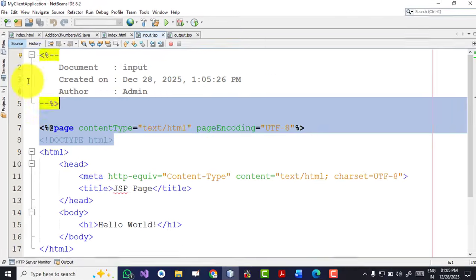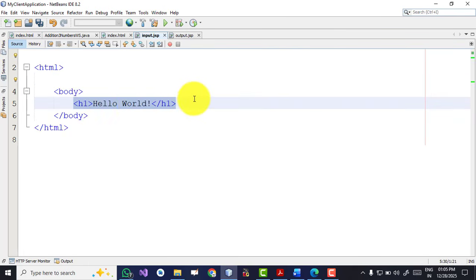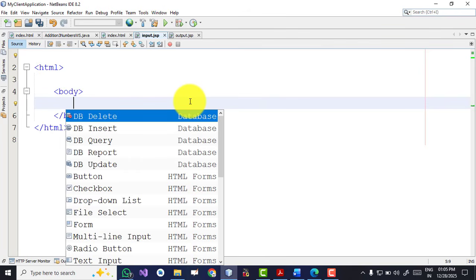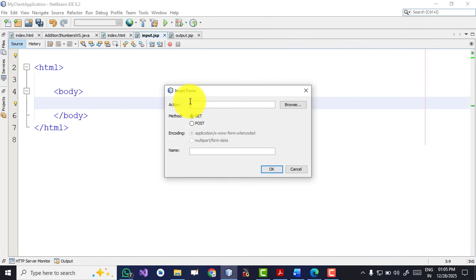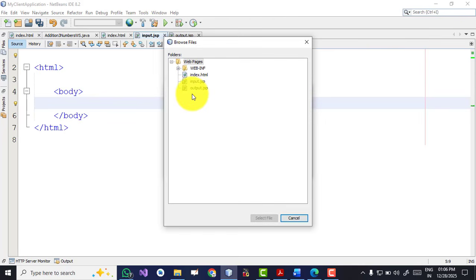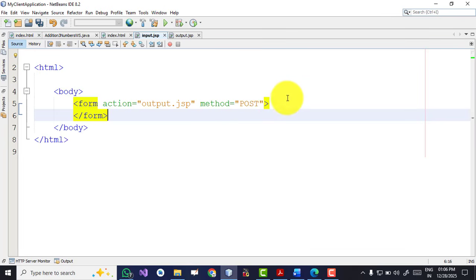Okay, these are the optional tags, just delete. This head tag is also optional, just delete it. Okay, now Ctrl+Space bar. It will show IntelliSense. Now we select the form tag first. In the form, we will browse to output. On the clicking of the button, we take a button in input.jsp. On the submission of the button, it will call output.jsp. So on the action we call output.jsp. Then select the post method and then OK.